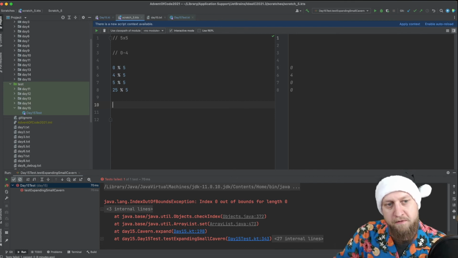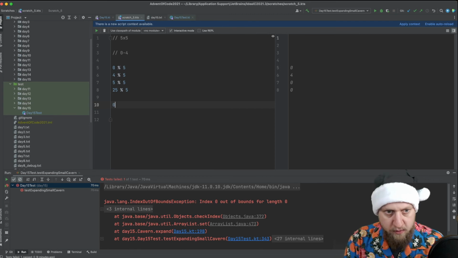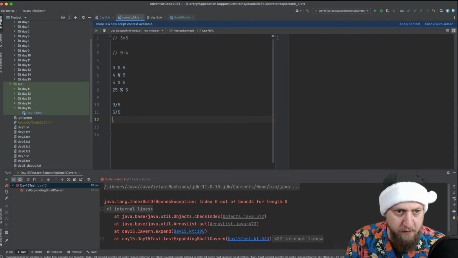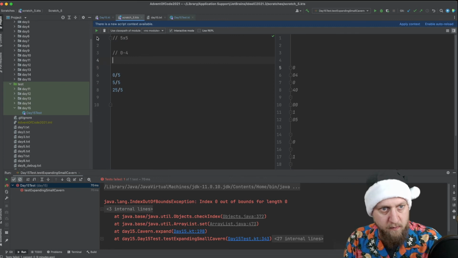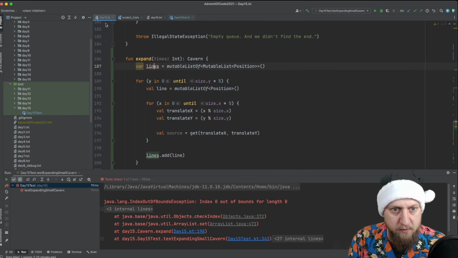our shift, how often we have shifted it, which is kind of divided by 5. 0 divided by 5. 5 divided by 5. 25 by 5. So we need to divide it by the size. What is this? And if you have something like 4 divided by 5, they will all be 0, which is exactly what we want. So